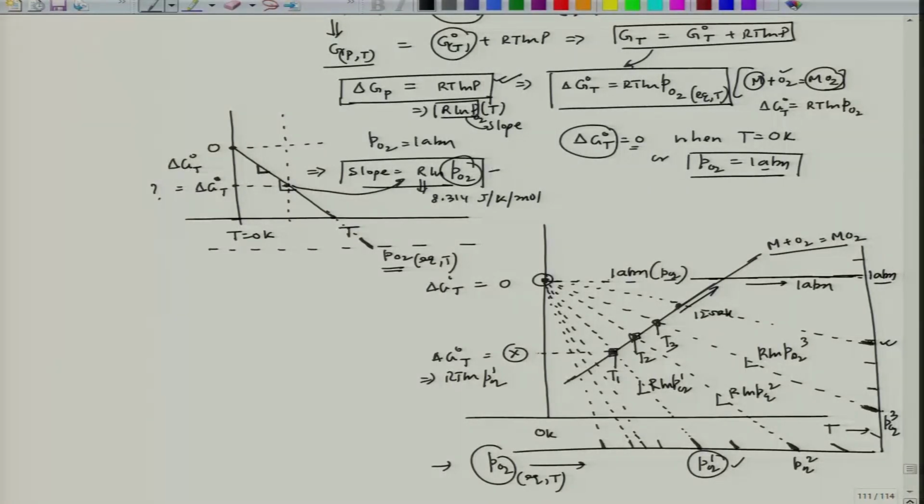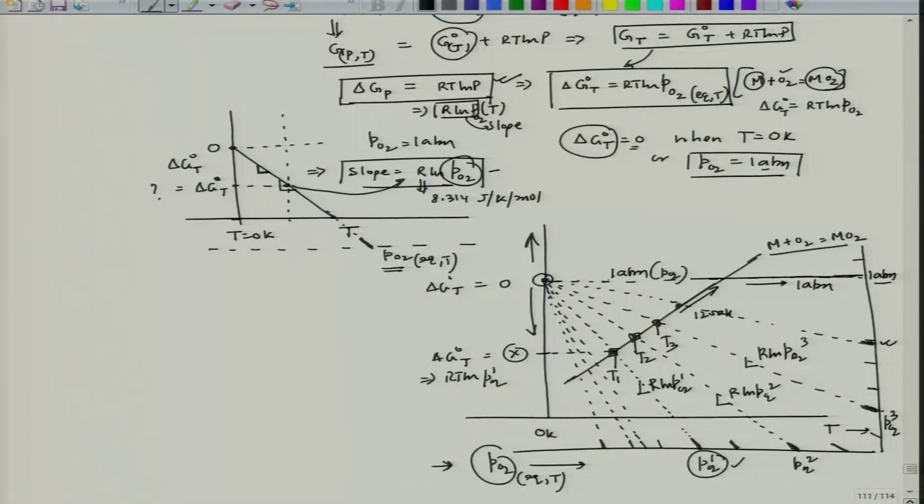So, whatever point you consider on this line will be nothing but delta G0 at T. Fine. So, this is one piece of information you can get out of the Ellingham diagram, where you do not have to do detailed calculation. By looking at the scale of PO2, you can find the partial pressure of oxygen at any temperature on that oxidation line by just connecting the 0 point at 0 K